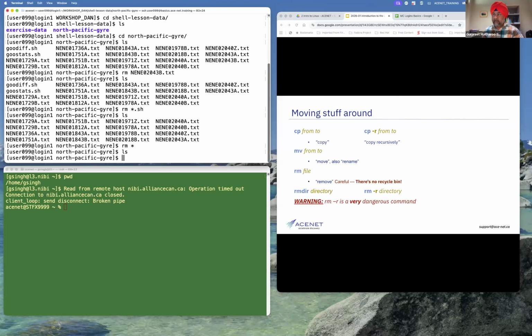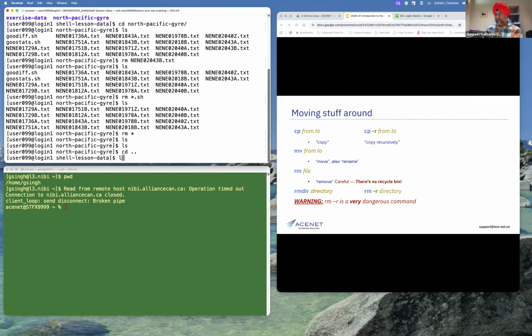Do not use it if you are not sure. Sometimes there are permissions that will prompt you, are you sure you want to do that? But most times it won't even ask you, it will just do it. So once again, there is no recycle bin here.